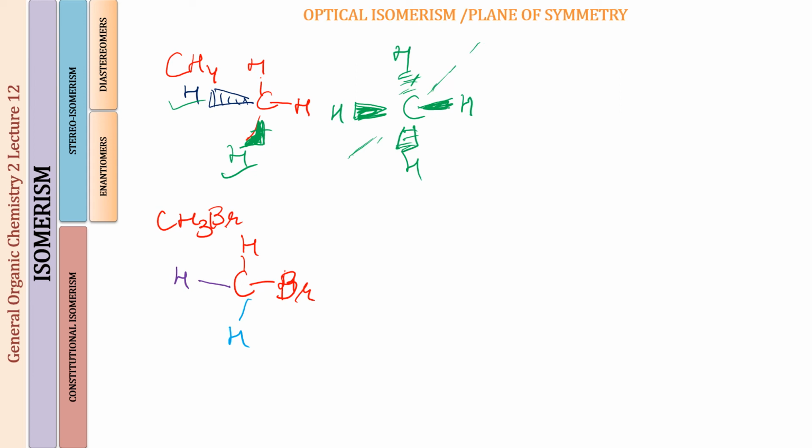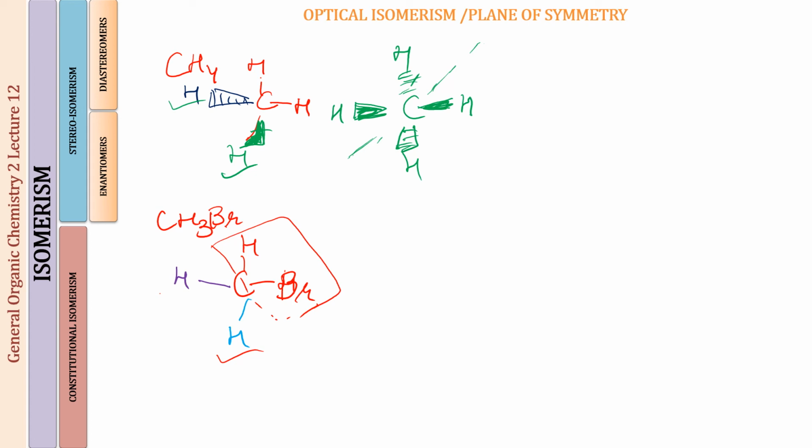So again I am going to insert a plane which is going to bisect the carbon, the hydrogen and the bromine into two halves, and of the two remaining hydrogens, one is going to be on each half. So the carbon, the hydrogen and bromine are similar halves on one side, and the hydrogens which were clinging are going to be one on each side. So this is going to be one plane of symmetry for this molecule, right? I hope this is clear.